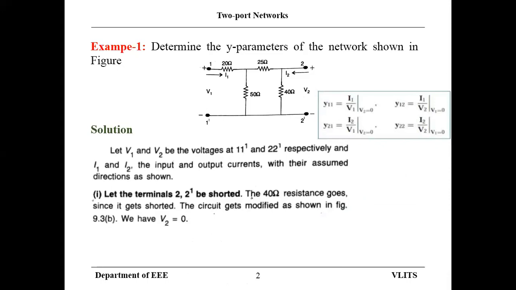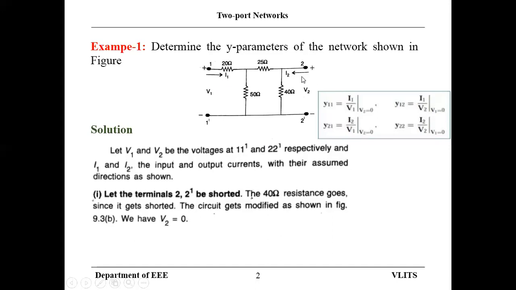By applying the short circuit in the primary side or in the secondary side, which means in the input side and output side, then you will get the different Y parameters, because that we have already discussed. The same concept we are going to apply here. So let me consider V1, V2 are the voltages at 11 dash and 22 dash. That is the input voltage and the input current,